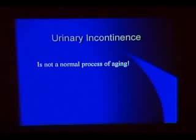And again, it's not a normal process of aging. It happens in children. It happens